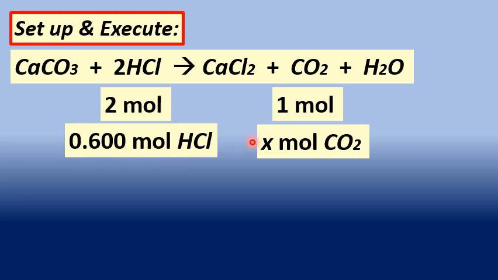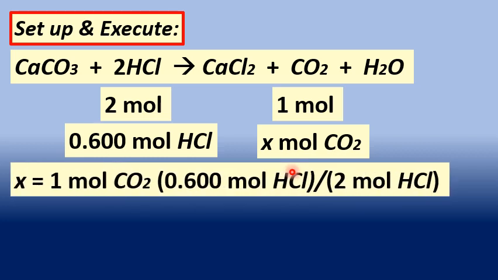So we just translate this into a ratio and proportion equation, in the form of x, which is the number of moles of the carbon dioxide gas that will be produced, determined simply by multiplying 1 mole of carbon dioxide gas,